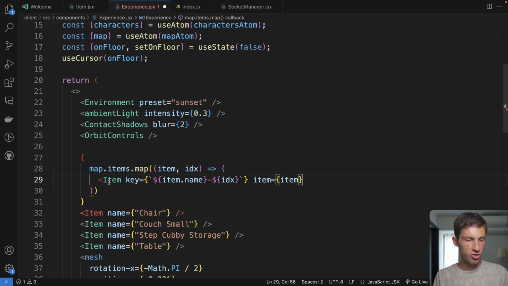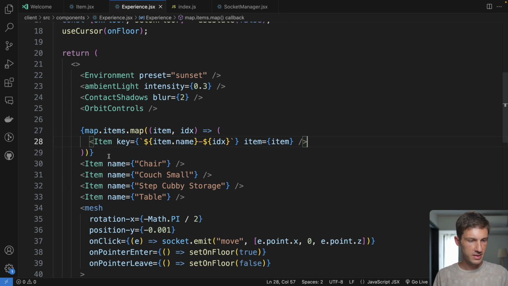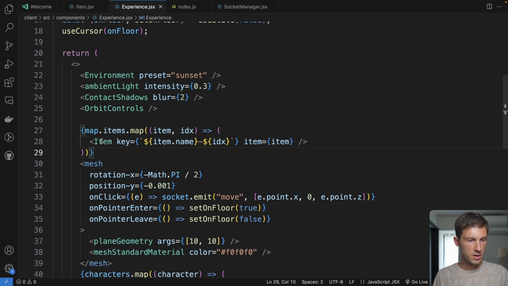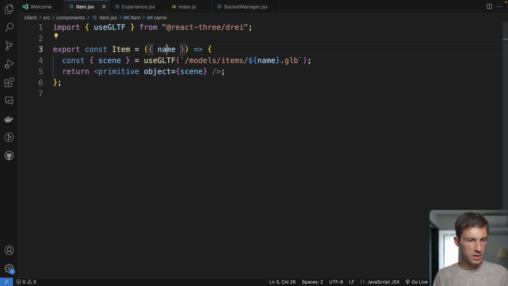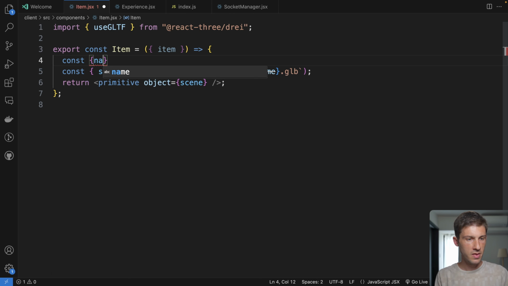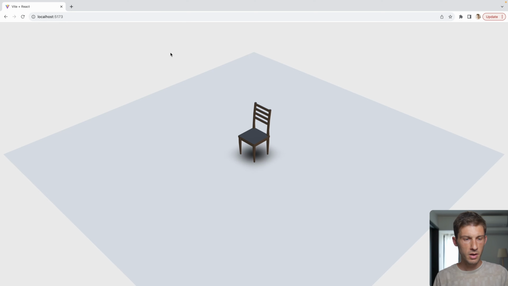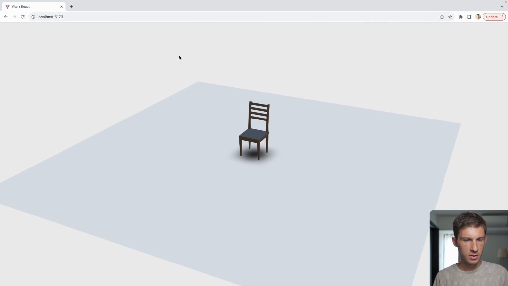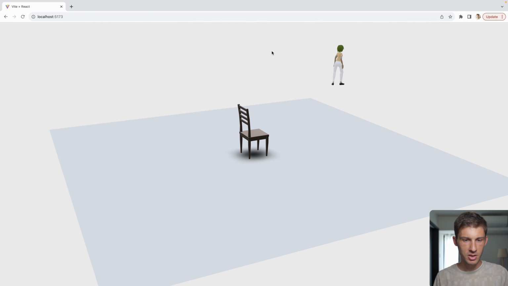So we will need to change our item component. And we can close it. Now let's delete it here. Go to the item component, and here we only get item. And in item, we will get the name, the grid position, and the size of the item. So we destructure item. So now we have name, we can still use it. Now if we reload, we can see the chair, but we have an issue because our character is out of